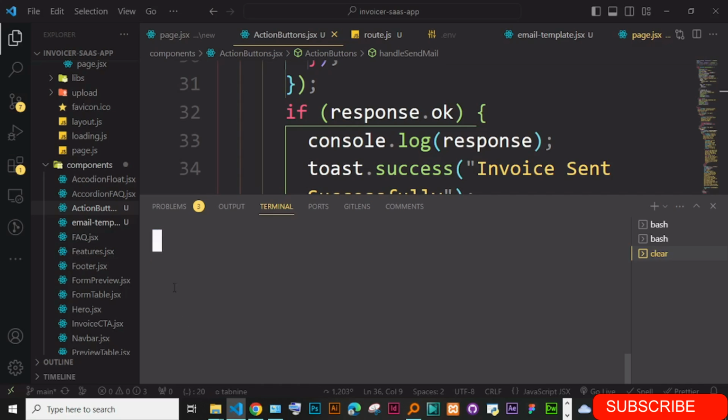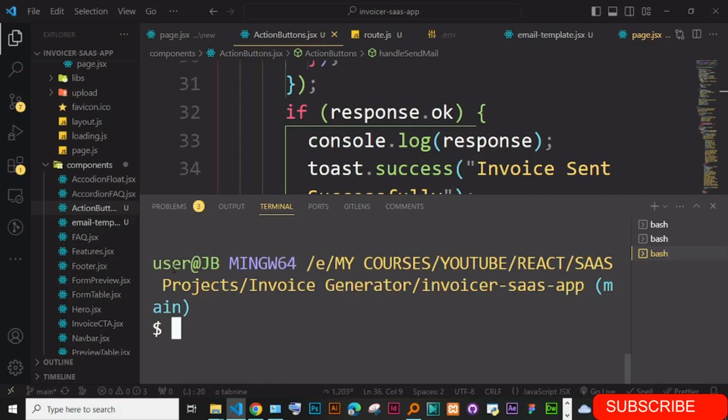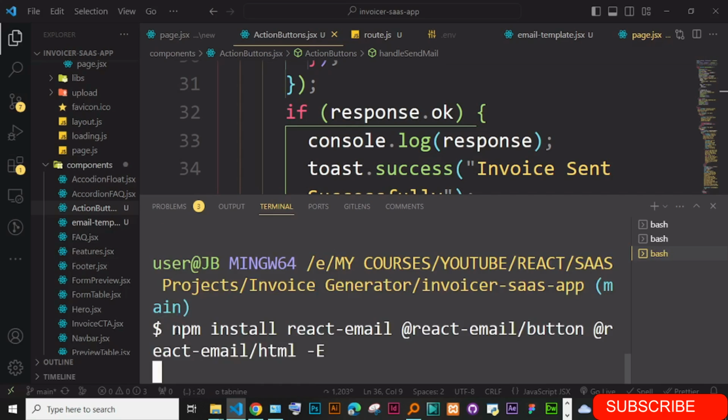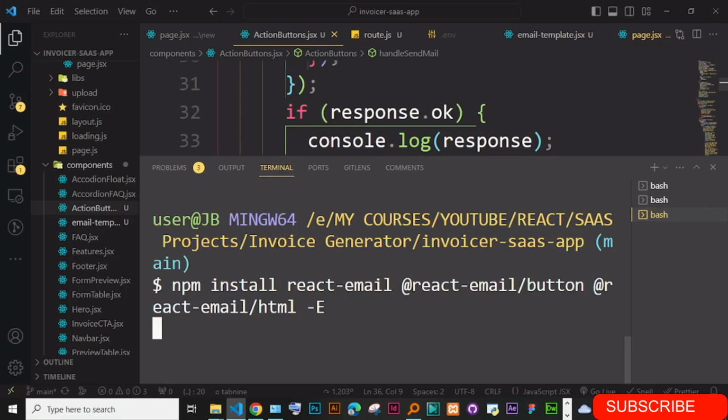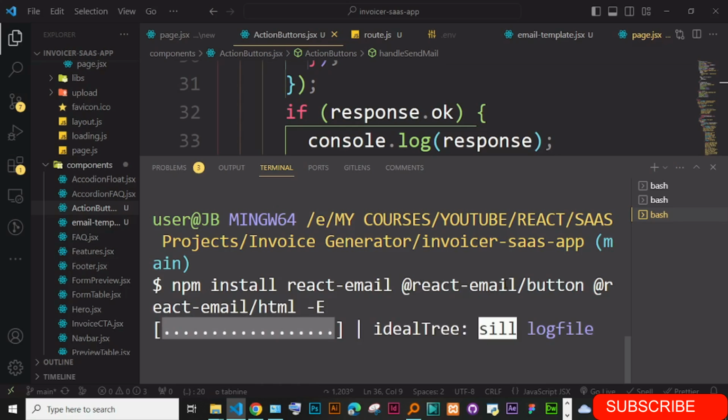Okay, and let me just paste this command here. So you're installing React email. React email is the one they actually use to build the templates. These templates are being built on top of React email. So that's why we're installing React email, and then now you can install the components, each component at once,